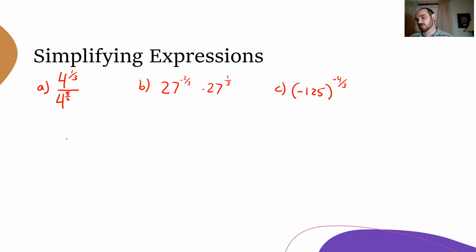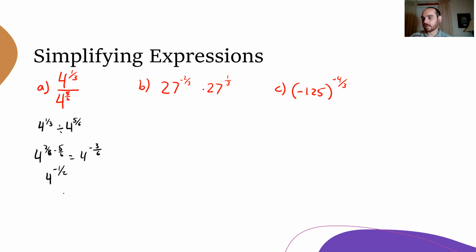The first thing we need to do is, this is the same as 4 to the 1/3 divided by 4 to the 5/6, which, as we recall from our previous theorems, is equal to 4 to the 1/3 minus 5/6, which is equal to, this is 2/6. 2/6 minus 5/6 is 3/6. 4 to the negative 3/6, which is 4 to the negative 1/2,